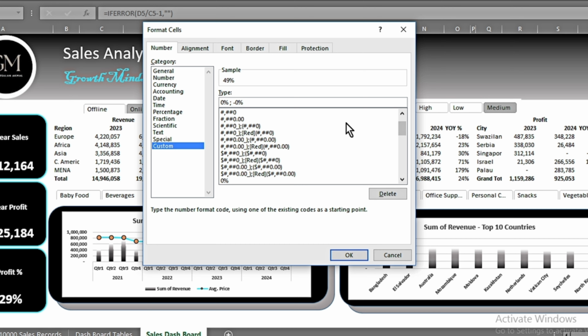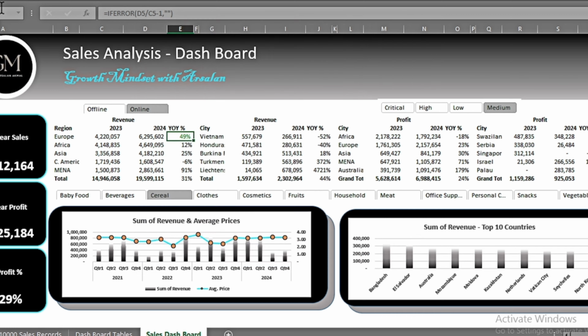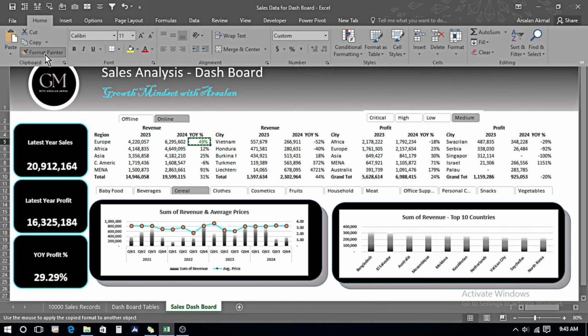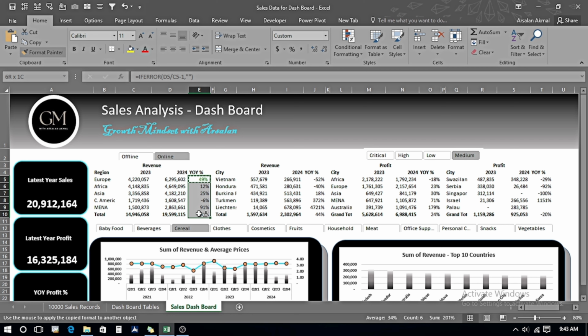And what if I want to give the positive and the negative figures a color? I will put square brackets, write color 10, close the square bracket, give one space, and after the semicolon it is going to be the negative figure. So I will start the square brackets, write red, close the square bracket and press OK. I will go in home, press the format painter, and I will format all of these figures as in the first cell. But here we can see that we don't have up and down arrows.